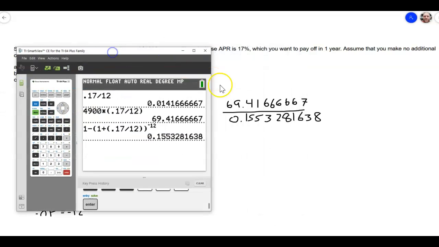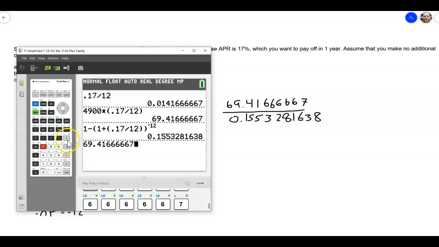Now, what I want to do is divide the top by the bottom. So I'm going to say the top, 69.41666, 1, 2, 3, 4, 5, 7, and then divided by,